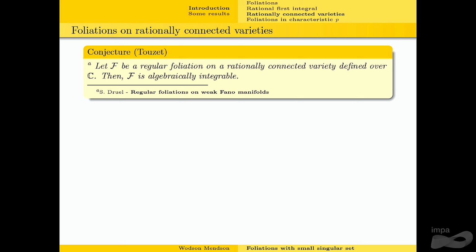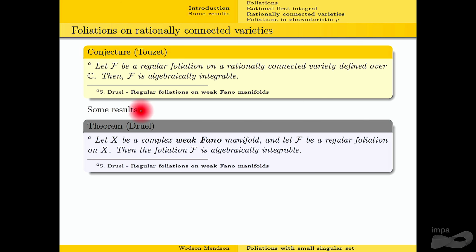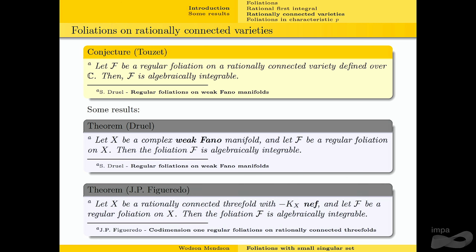Related to this kind of problem, we have two theorems. This one is by Druel: if you have a weak Fano manifold, where weak just means that the anticanonical bundle is nef and big, and F is a regular foliation on X, then the foliation is algebraically integrable. So you have infinitely many invariant algebraic hypersurfaces. And we have this theorem by João: if you consider the threefold case and just ask for the anticanonical bundle to be nef, then